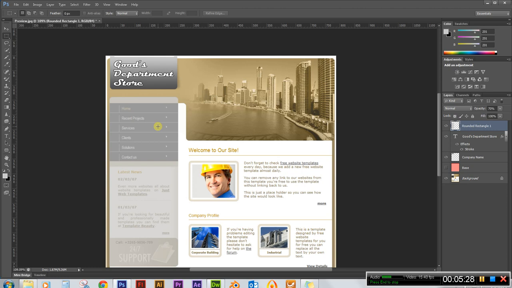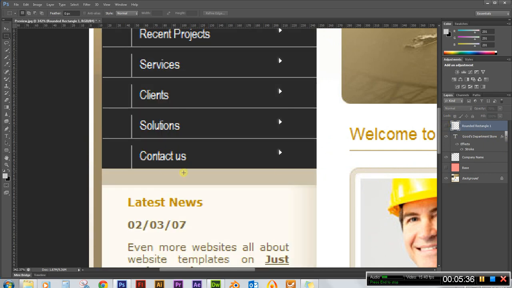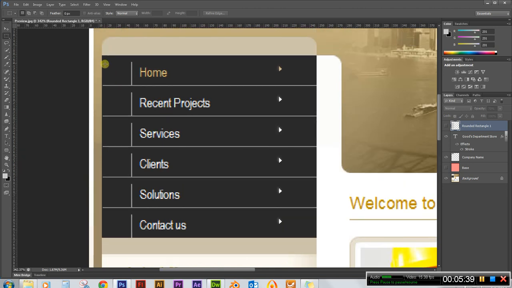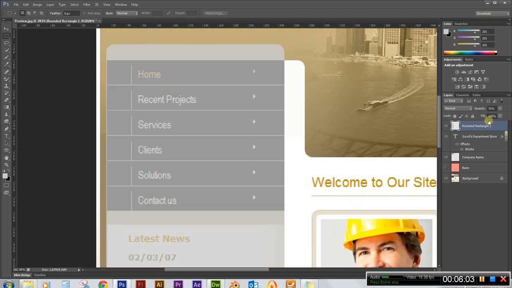So one thing you can see right off the bat is, actually let me hide this real quick. You don't have to hide it. You can see here it's a dark box, and then you can see here these are just 1 pixel lines going up and down. And you don't necessarily have to make your navigation bar look exactly like this, but you want to get it pretty close. I'm going to turn this back on,